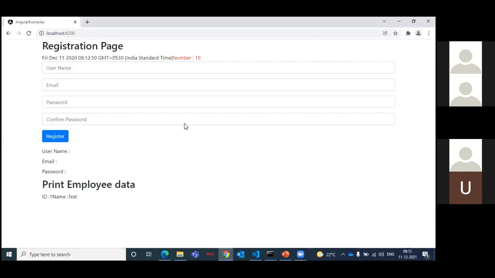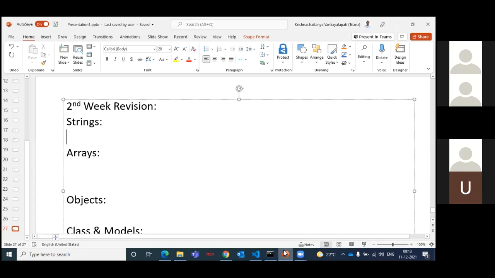So this is the page we have done earlier. Let me explain. What is the purpose of data types? In the previous week, we started with the data types. The purpose of data types is just to hold the data, based on the type of the data. For example, if you are going to deal with some number, the number type will be used. If you are dealing with some string, the string type will be used.